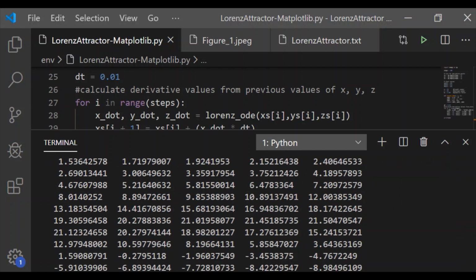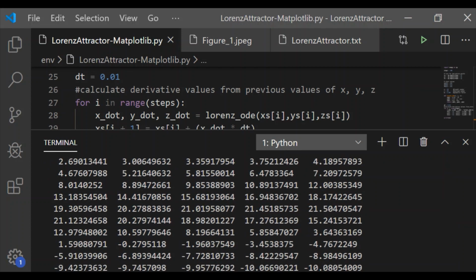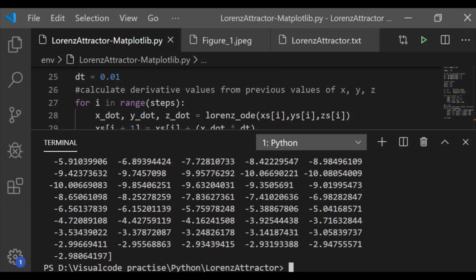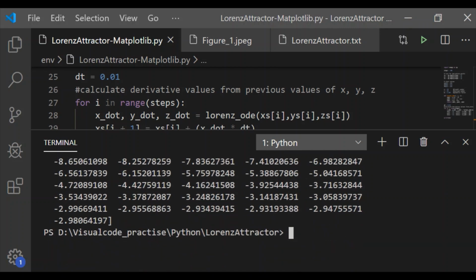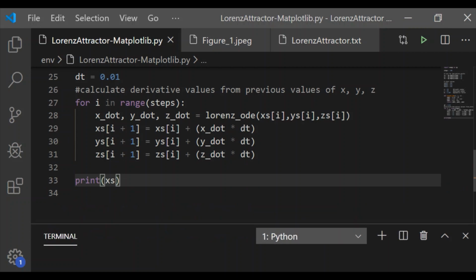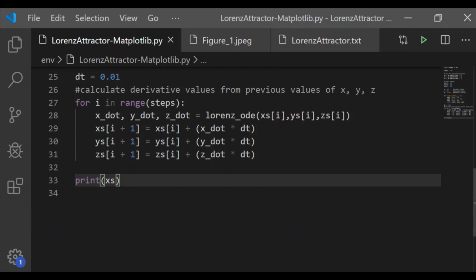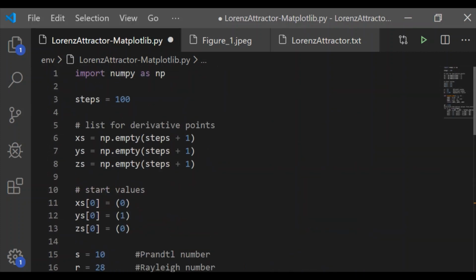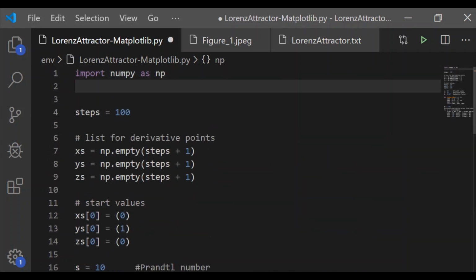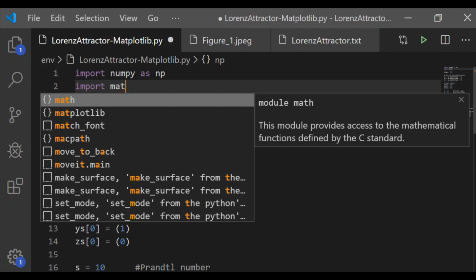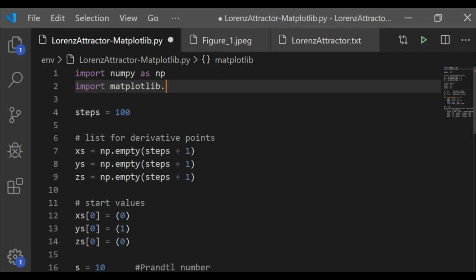As we can see, none of the values of Xs are overlapping. They are all unique. This will be the case for y and z coordinates because as per the Lorentz attractor, even at time t to infinity, they don't overlap.